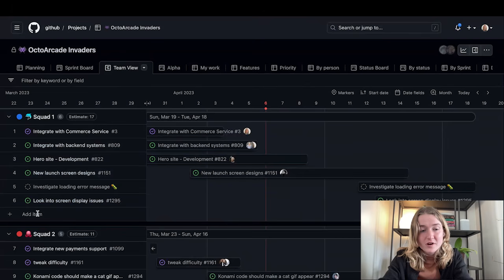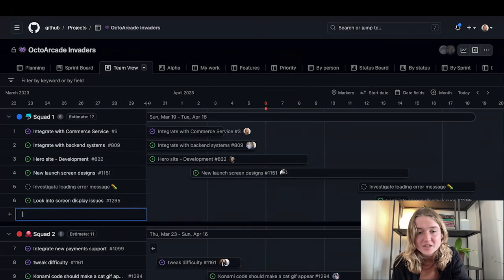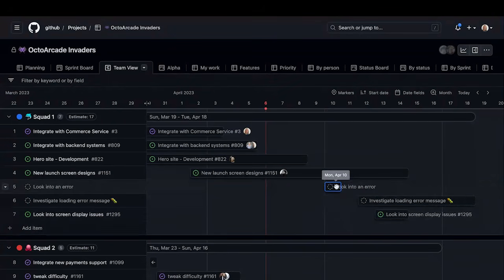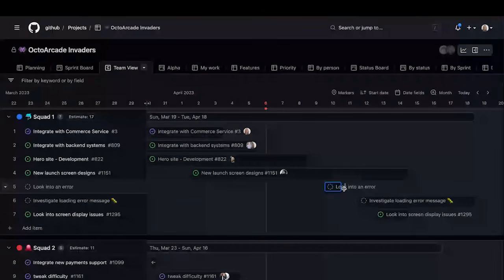So if I want to look into an error that I was seeing, and for now I just want to keep this as a draft until I'm ready to add it as an issue, then it is as easy as scrolling over to the date that you want to see and then clicking. In this case, I want to look into it next Monday. And if I think it's going to take a little bit longer, then I can just easily drag and drop to extend these. So very easy to add new items, add new dates, and of course, alongside adding drafts,